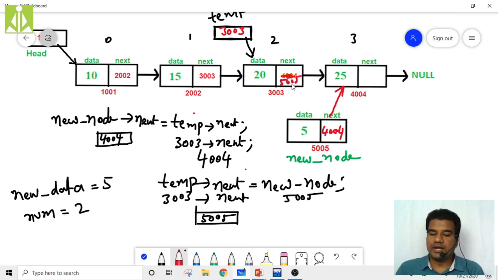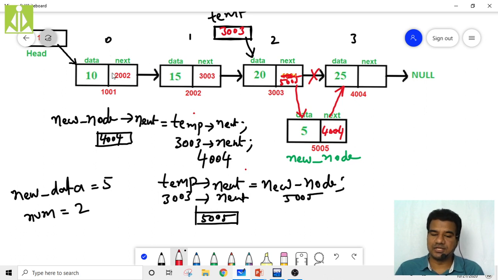So when it is 5005, where will it point? It will point to the 5005 location like this. And as it is no more 4004, this link will be removed and a new link will be established like this.